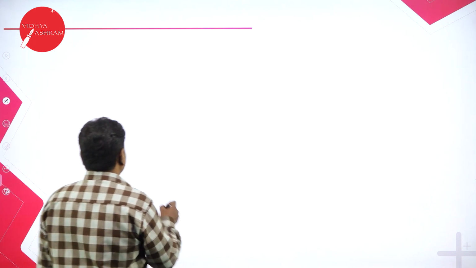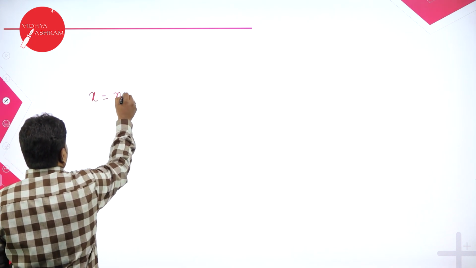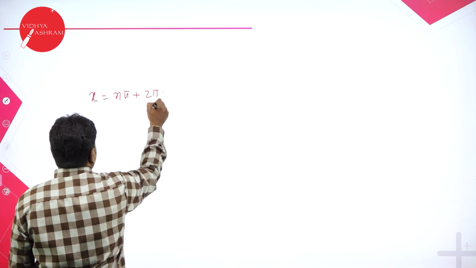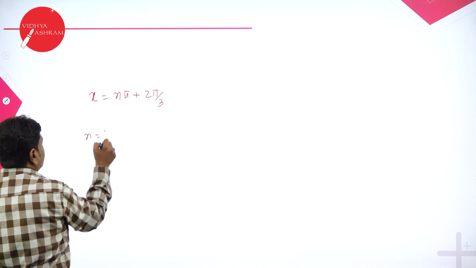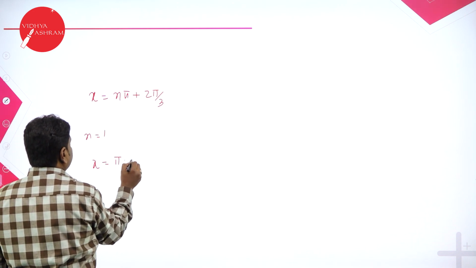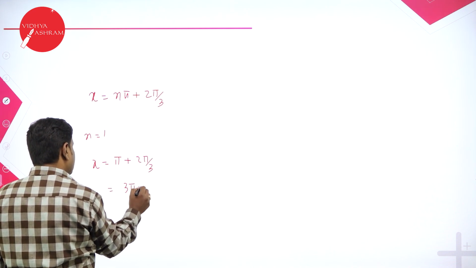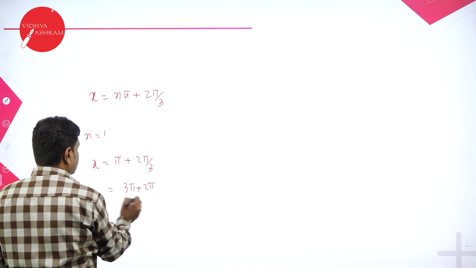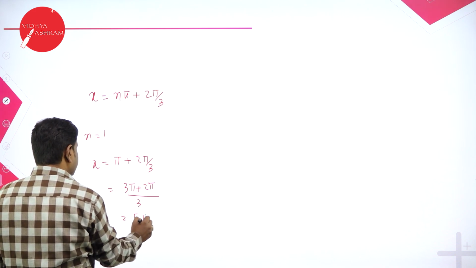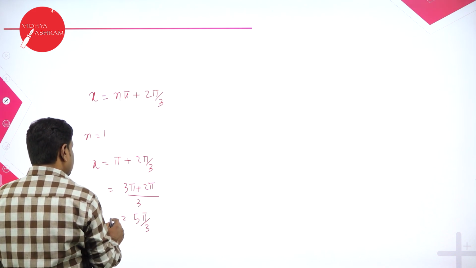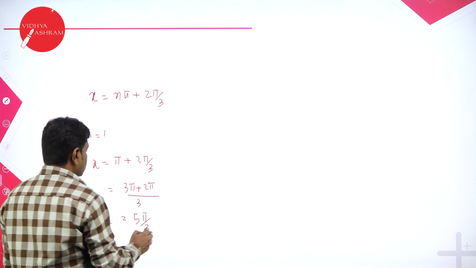Now principal solution. x is equal to n pi plus 2 pi by 3. Now in the place of n, if you put 1, so pi plus 2 pi by 3. Pi plus 2 pi by 3 is what? 3 pi plus 2 pi by 3, that is 5 pi by 3. 5 pi by 3 means 5 times 60, 5 sixes are 300. This is also, so therefore